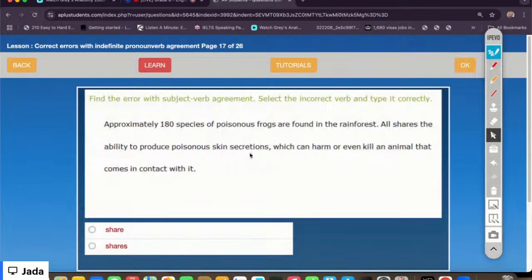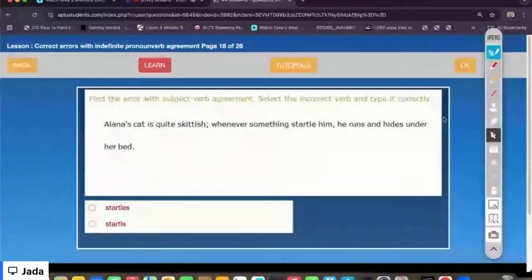Approximately 180 species of poisonous frogs are found in rainforests. All share the ability to produce poisonous skin secretions, which can harm or even kill an animal that comes in contact with them. So, share or shares. All right, share. Okay,